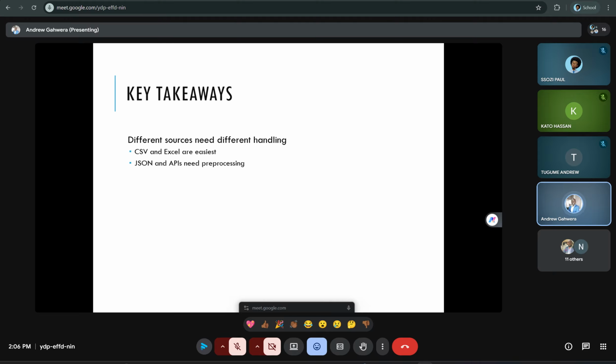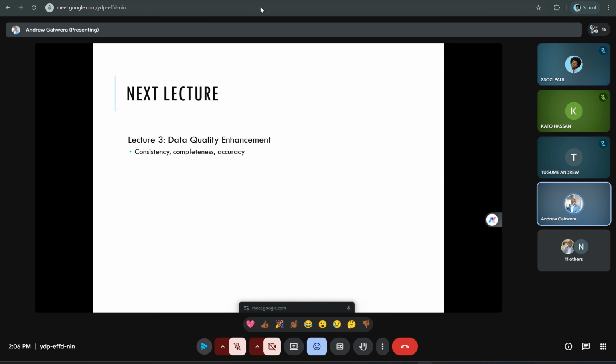So the key takeaway is that different sources need different kinds of handling. CSV and Excel are easiest, and JSON and APIs need parsing. In the next lecture, when we meet, we are going to look at data quality enhancement, consistency, and completeness. Are there any questions again before we